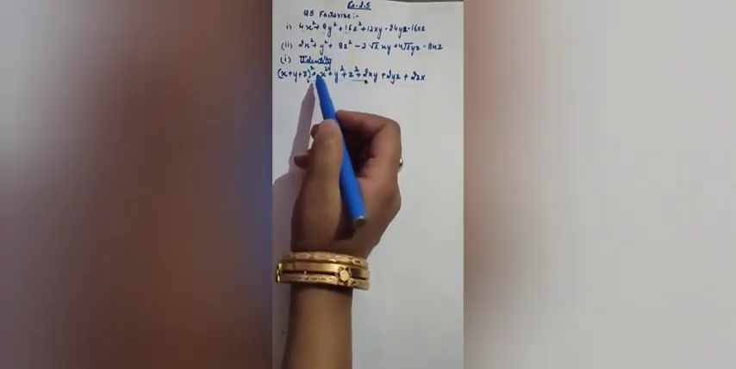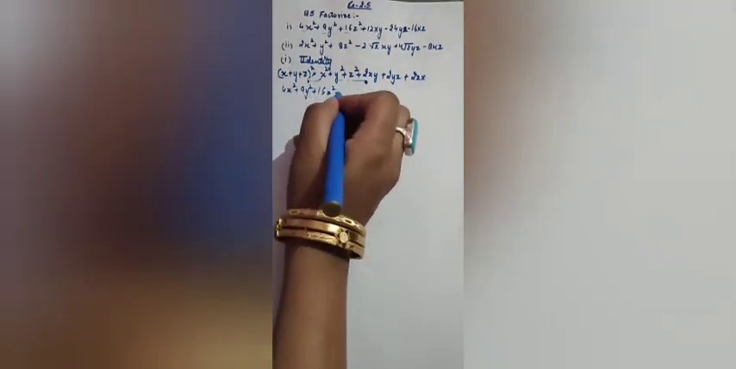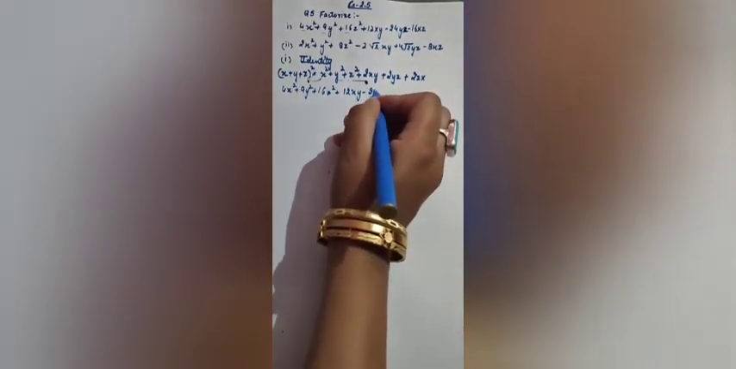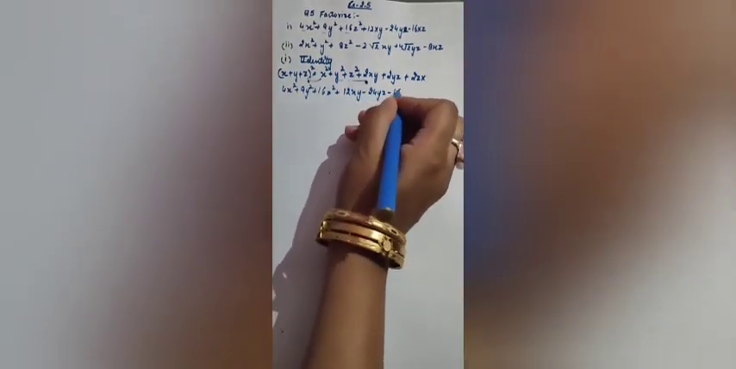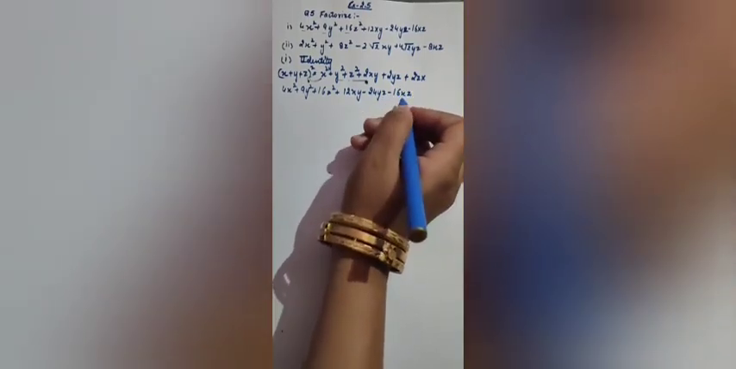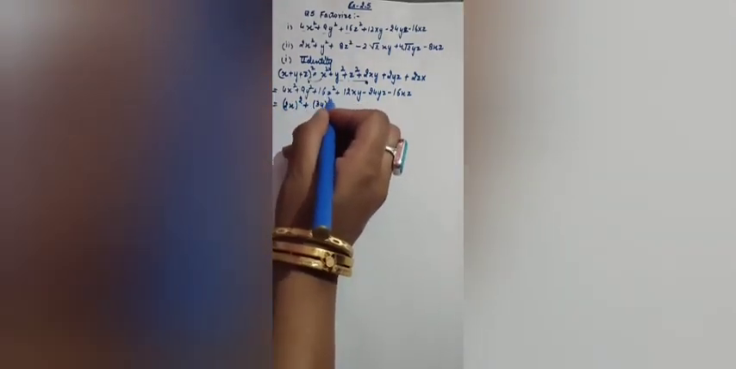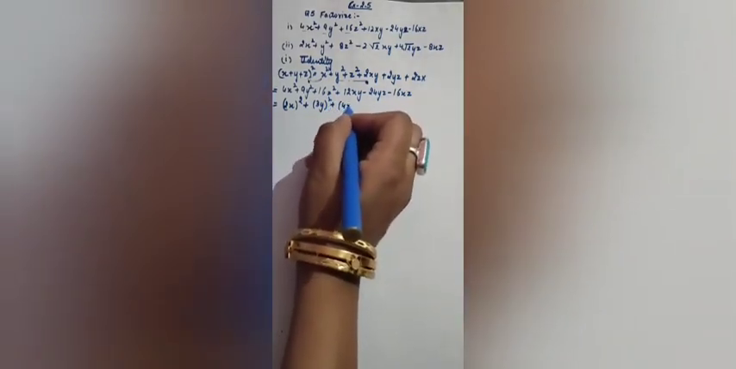Okay, so let me try this. I can write it here as, I will start from here, 4x square plus 9y square plus 16z square plus 12xy minus 24yz minus 16xz. After this, shall I write here 2x whole square plus 3y whole square plus 4z whole